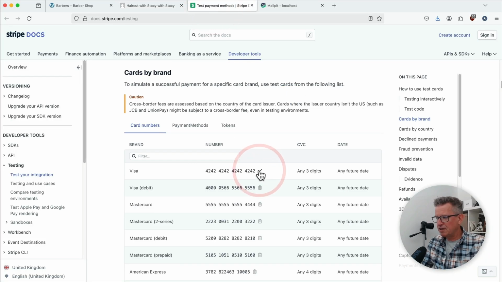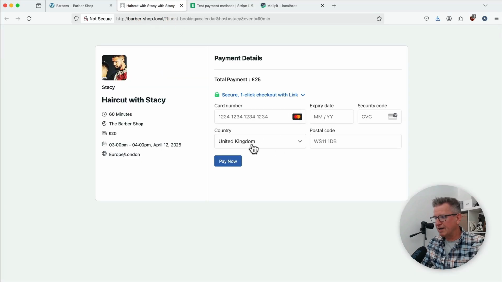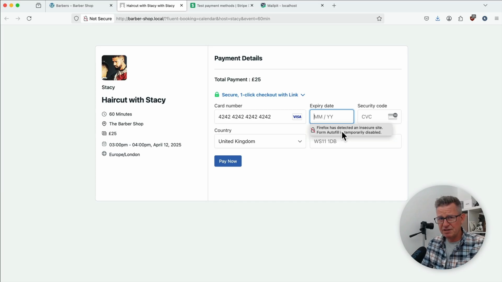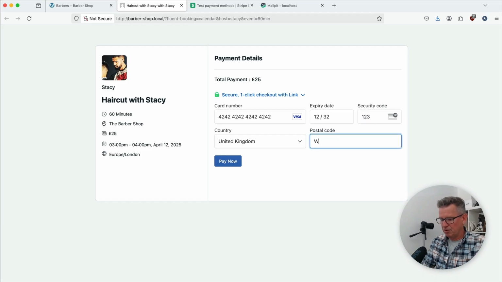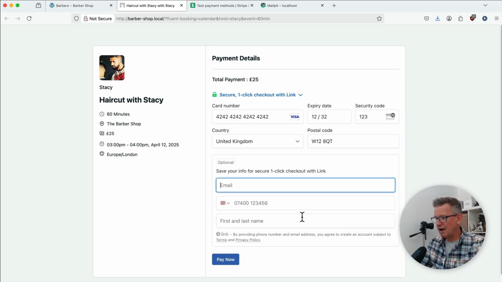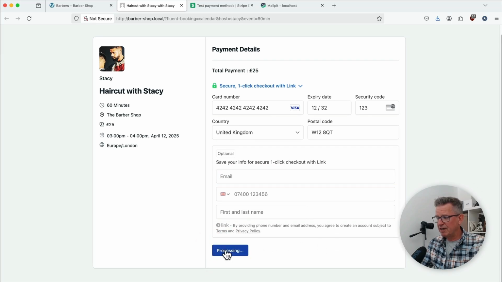We'll grab a fake Stripe Visa card number and get that in there. This is just running in Stripe test mode. Super easy to set up Stripe in this. It's just insane. And we'll have our other bits in and we'll get our postcode in, and we're not going to save our one-click checkout stuff. We're going to pay now, and